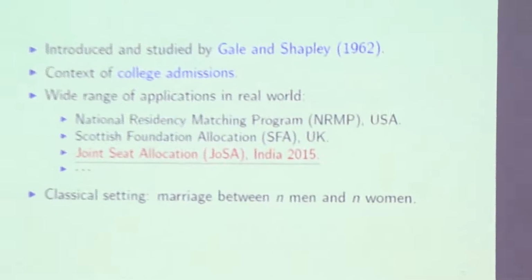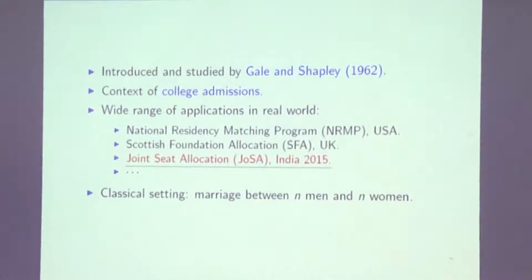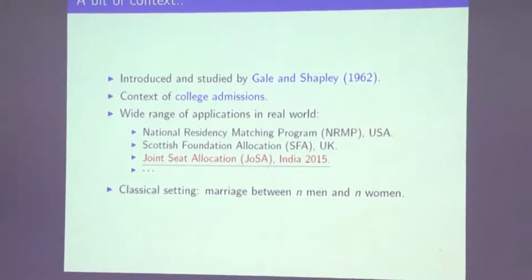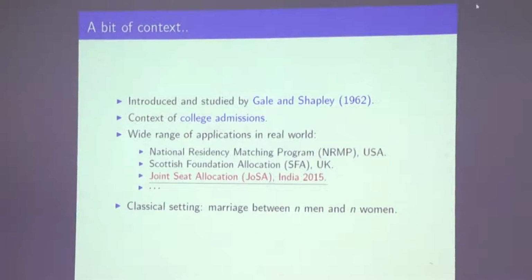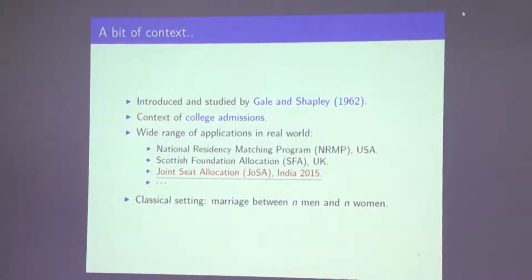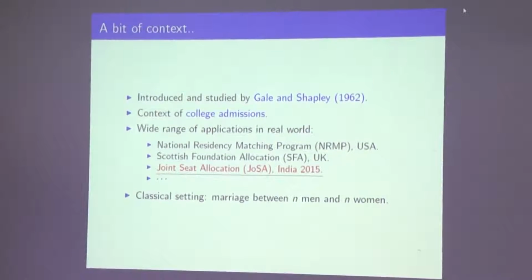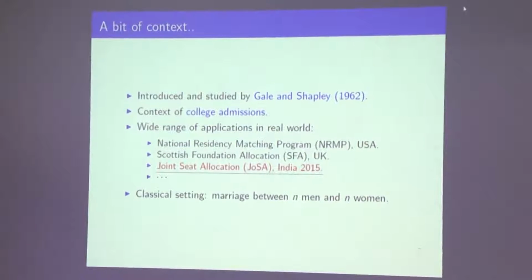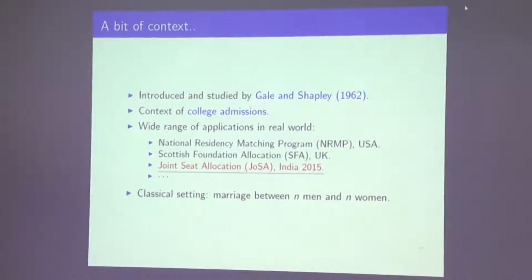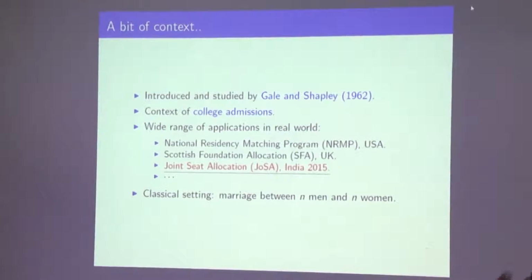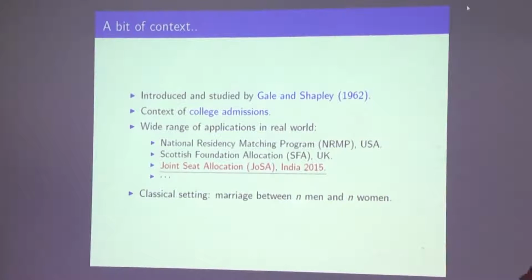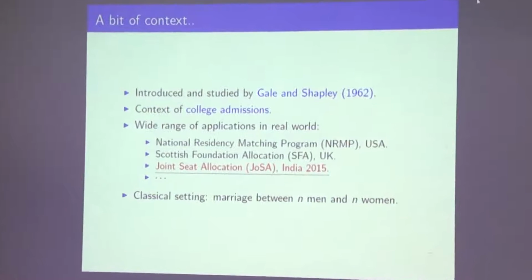And the reason to call this a marriage was because it was exposed in the classical setting of the classical paper where they introduced it. It is introduced in the notion of n men and n women. So you have n men on one side, there are n women. You want to marry them off, but not only in an arbitrary manner, but they also have some preferences. So they also say that, okay, man 1 likes to be matched to woman 2, woman 3 and so on.